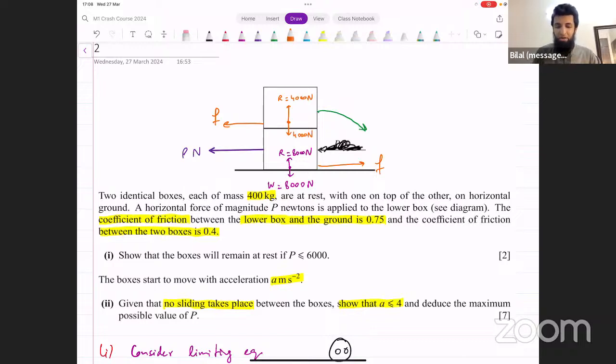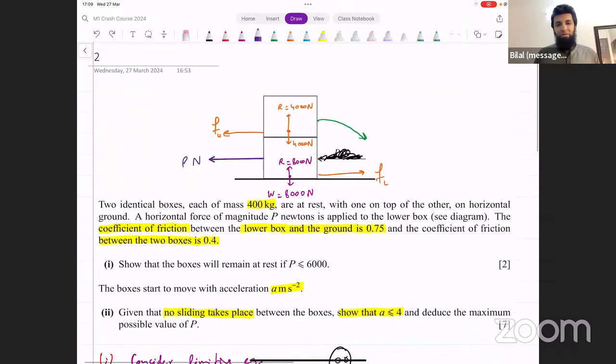So friction on the upper box is actually going to act towards the left side. Is that okay? And it's actually friction that will make the object move towards the left side. Now, why is that? Because this friction is stopping the upper box from sliding. And since it's not sliding, it keeps moving with the lower box because of that friction. Okay. Once we have that sorted out,